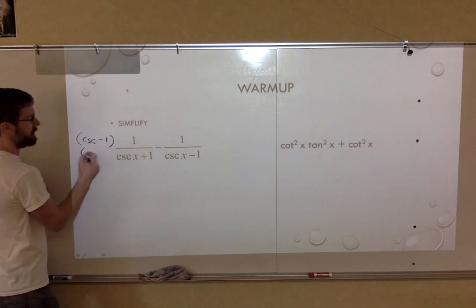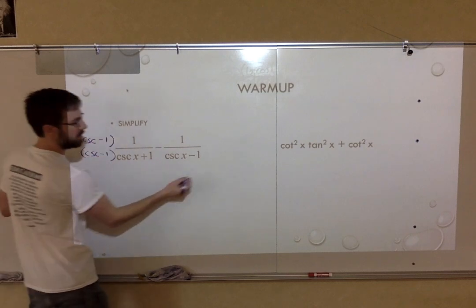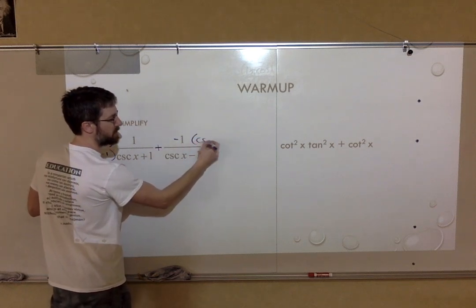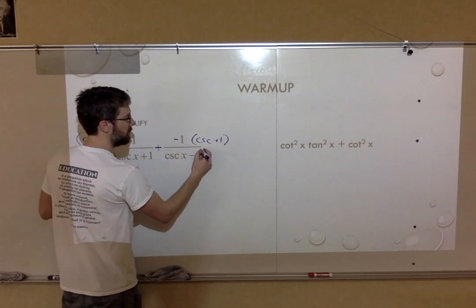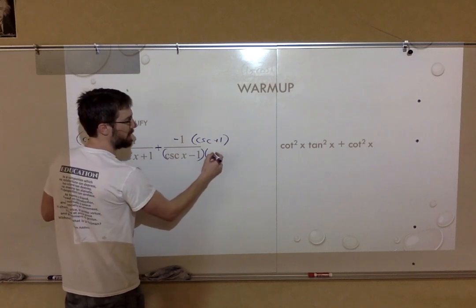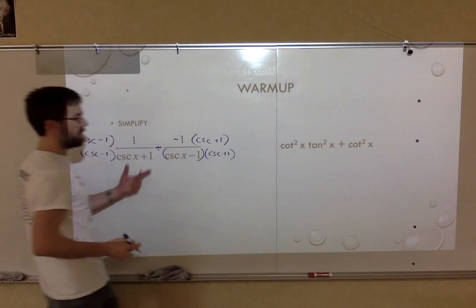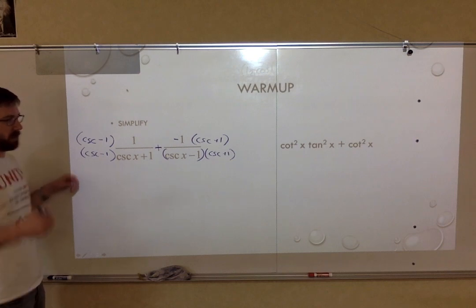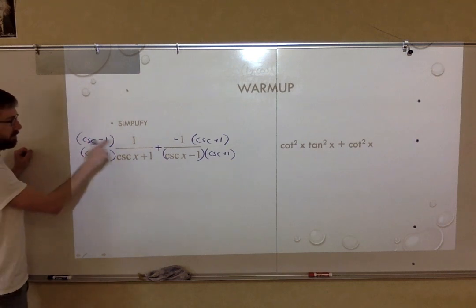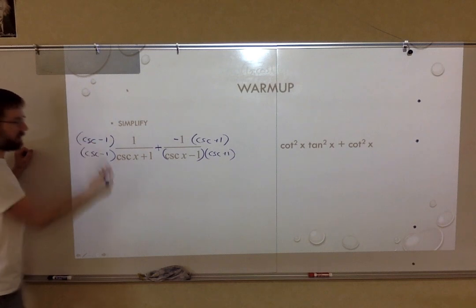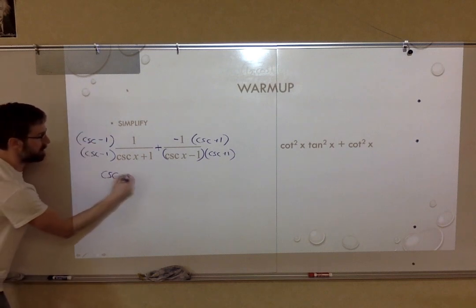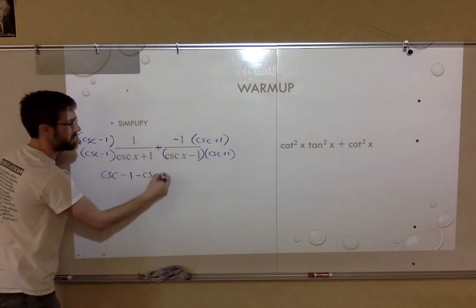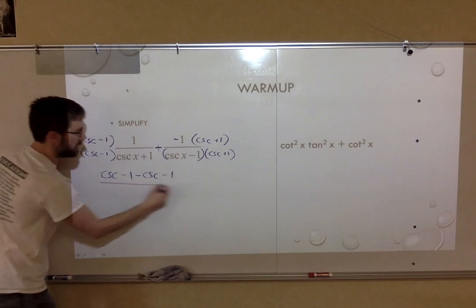Cosecant minus 1 on this side. I like to change this to a plus -1, just makes it a little bit easier, or a little less likely to forget to change a sign. So I multiplied each side by the other one's denominator, so I'll make a common denominator. Starting to simplify now. 1 distributed into the numerator just makes it cosecant minus 1. Then distributing the -1 in here, I've got a minus cosecant and a minus 1. And that is all going to be over